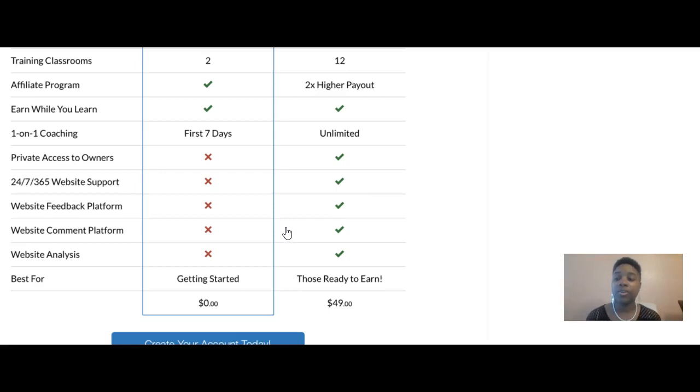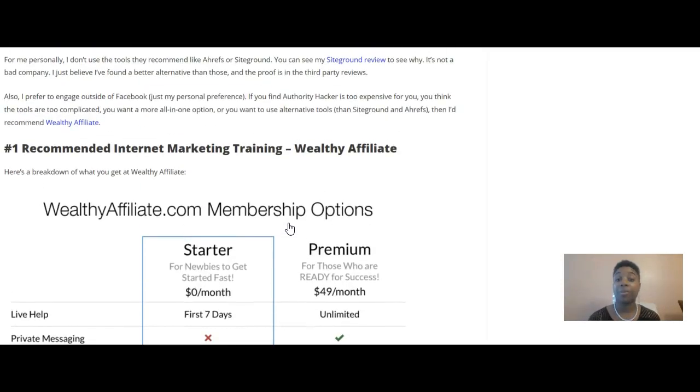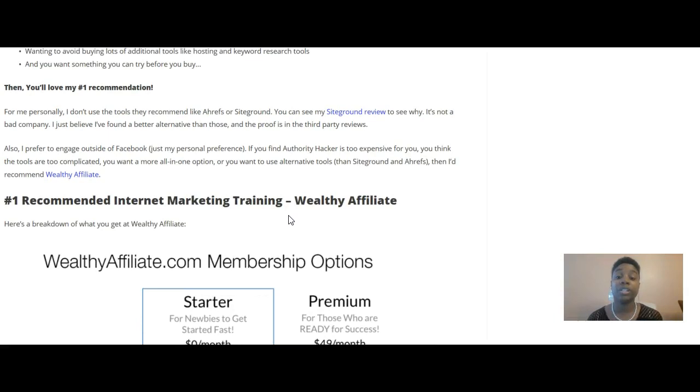And then you get 24/7 website support, website feedback. If you make a change to your website and you're concerned, is this going to improve your conversion rate? Is it going to lower it? How does this look? Any of those concerns, you will be able to have the peace of mind that someone else can give you feedback and help you to make that decision. You also would be able to get on-demand website comments. So the premium membership at Wealthy Affiliate is my best recommendation if you're wanting to be serious about growing an